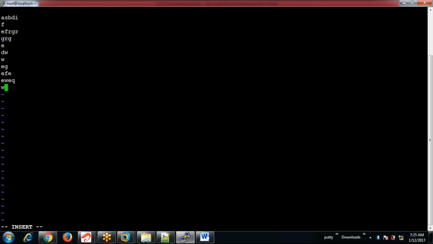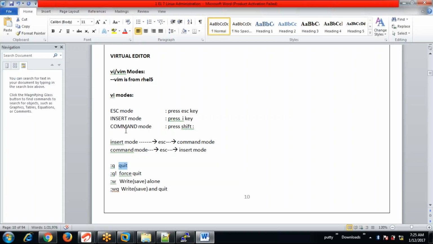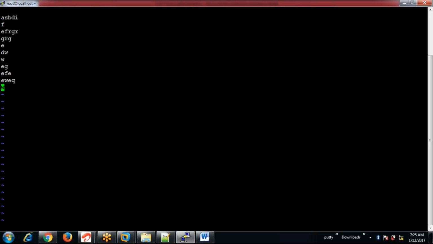We are now in insert mode. How can we get into the command mode? By pressing the escape key. In the command mode, type colon wq to save and quit from the file.